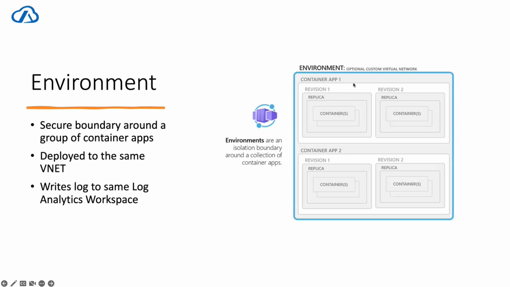And this environment is what is deployed into a VNet as a virtual network. So one environment means all the container apps within that particular environment will be deployed into the same VNet. And then all the applications within that particular environment share the same Log Analytics workspace. So Log Analytics is the main observability platform which is being used by the container apps. So if you want to have all of your logs together, then you need to deploy all the container apps